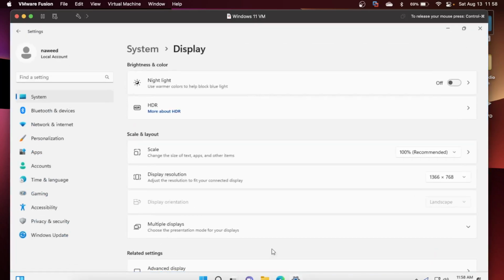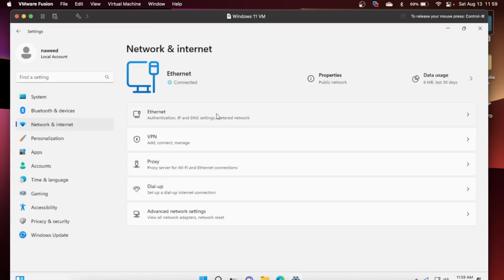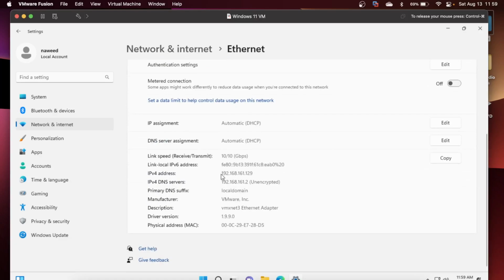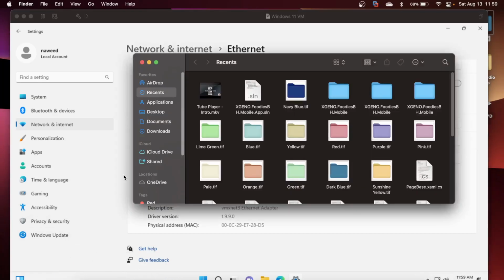To connect to this, first I need to go to my settings, go to network and internet, Ethernet, and find out what is my IP address. In my case, my IP address is 192.168.161.129. I can copy it, and then I can click on Finder on my Mac OS,